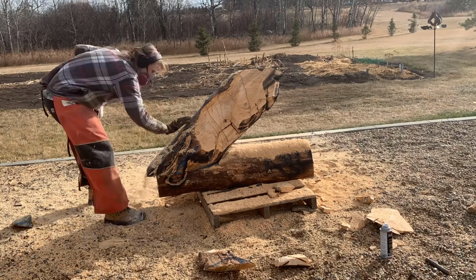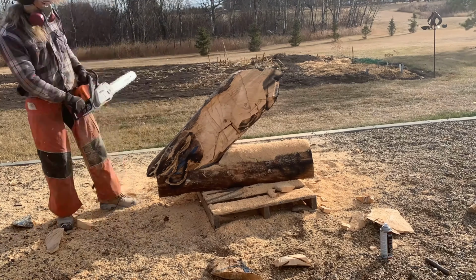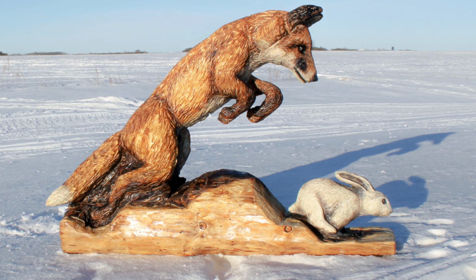As a carver, I like to think that no matter how bad you might think your work is, not everyone can do what you're doing. Only you can do what you're doing, and only you can make that in the style that you're doing it. No matter what it looks like in the end, there's going to be someone out there that thinks what you're doing is awesome, and that you're brave and you're courageous for taking those risks, being creative, trying new things,